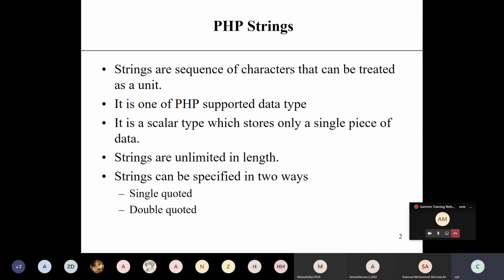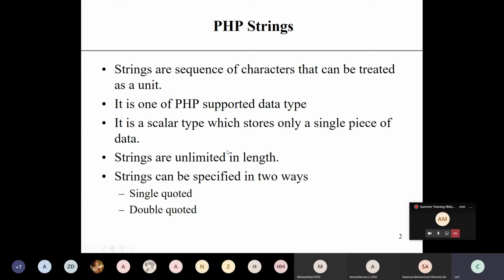First thing, PHP strings. Yesterday we saw how to use strings. Basically, strings are a sequence of characters which you can use to define particular data.